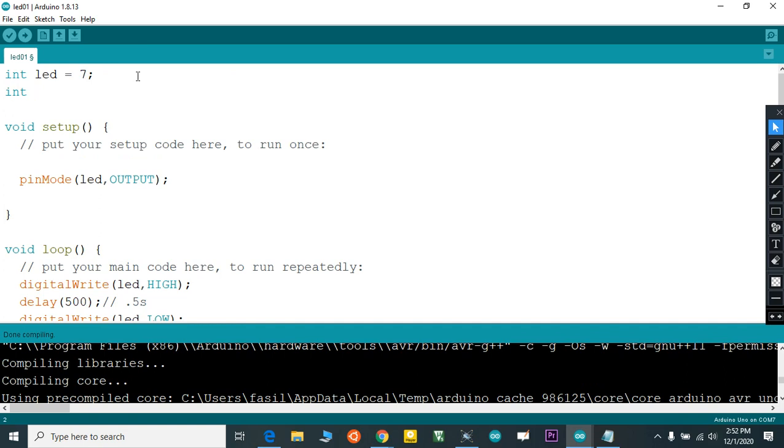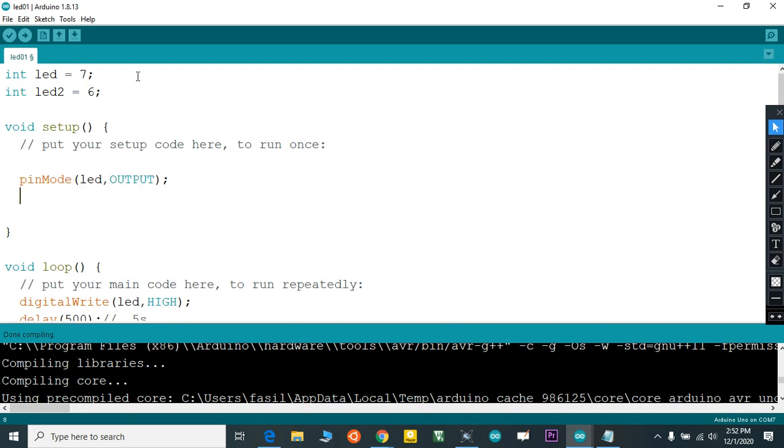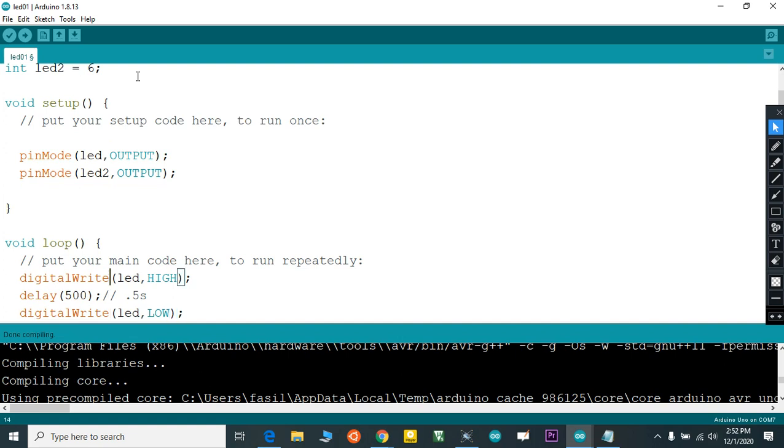Int LED 2, which is equal to 6. Then I need to set it up as an output. I just copy and paste it. LED 2. Okay, I need to set it as high.